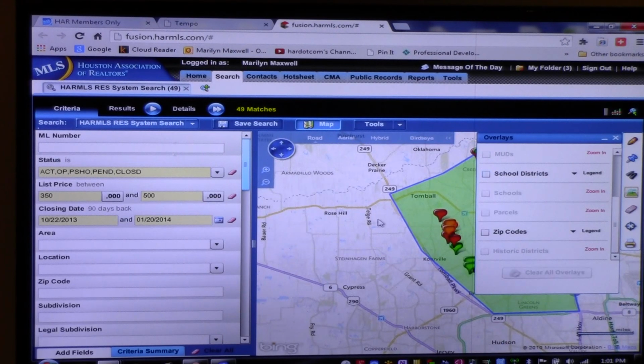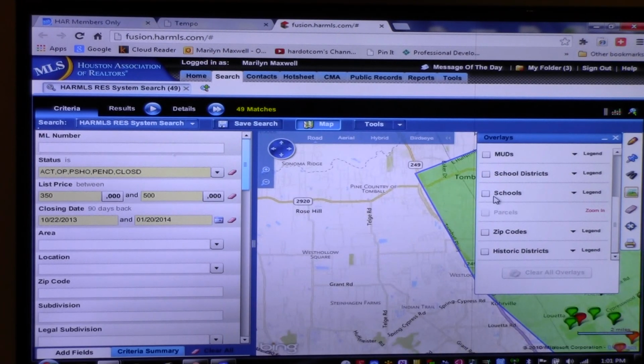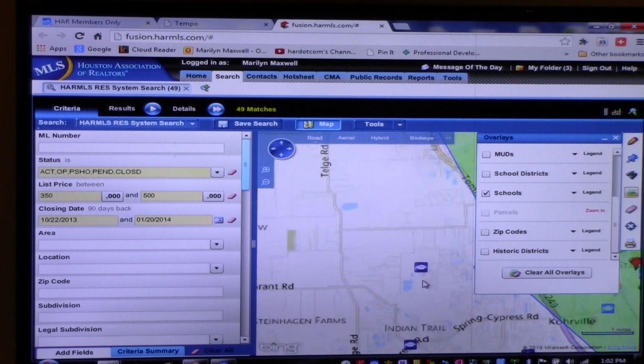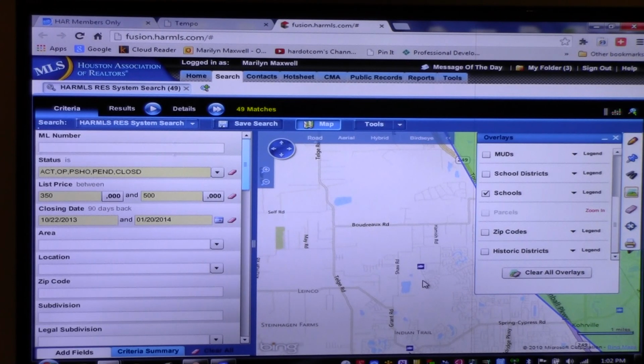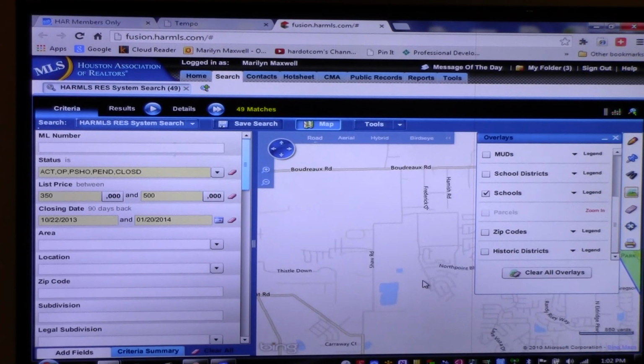Currently we have a school link, but it's not nearly as exciting as you think it is. Right now, it's just saying, yep, there is a school right there. And if I get really far in, it'll tell me the name of the school. I don't know anything at all about the zoning to that school, though, at this time. Also, around about the same time Realist launches is something that HAR is writing and putting together, which will be an enhanced